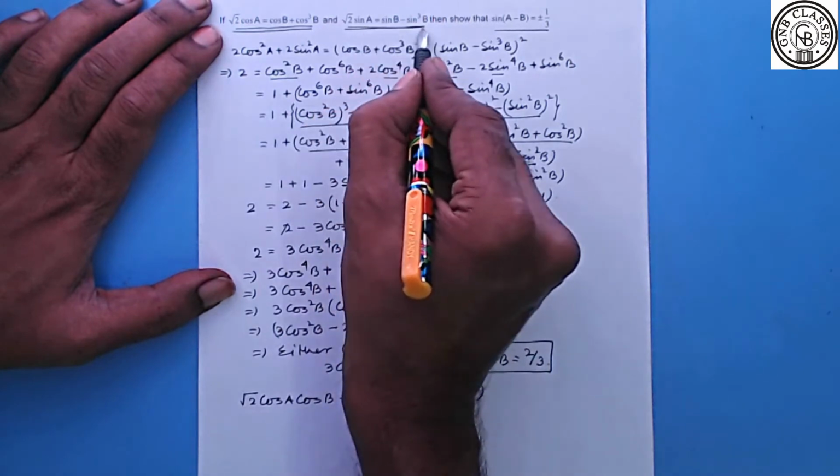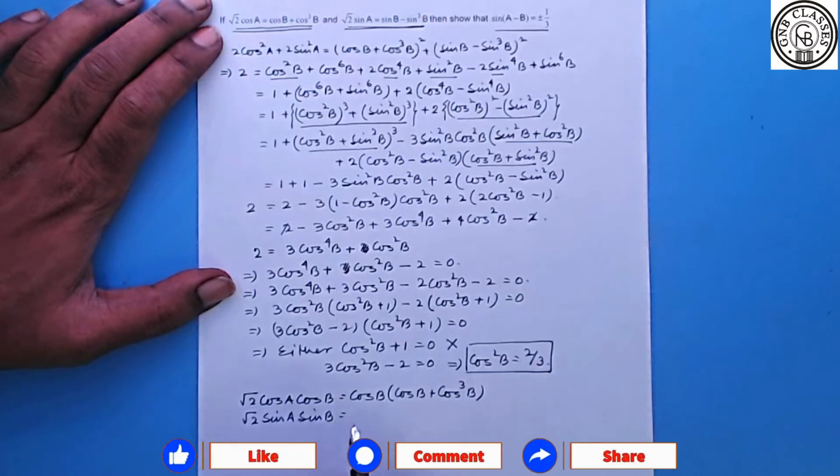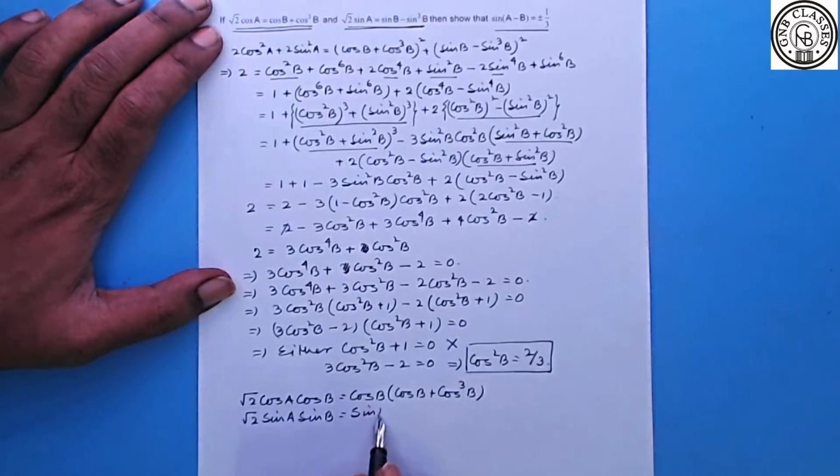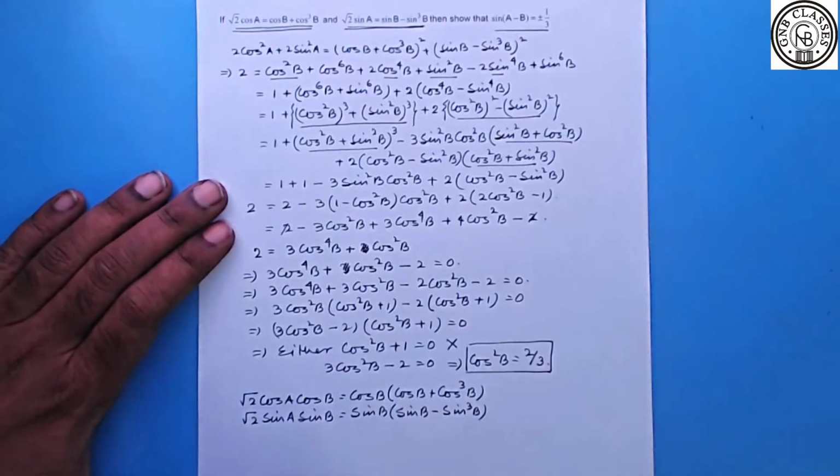And the second equation I am multiplying with sin B, and we are getting sin A sin B is equal to sin B minus sin cube B. Is it clear? Now if I add the corresponding sides, we are going to have